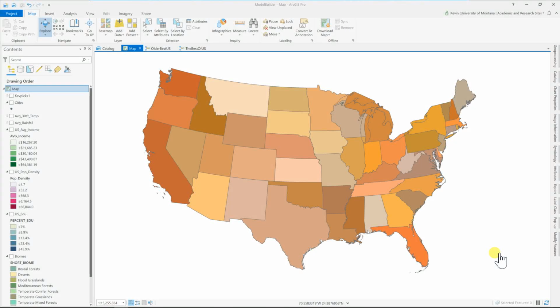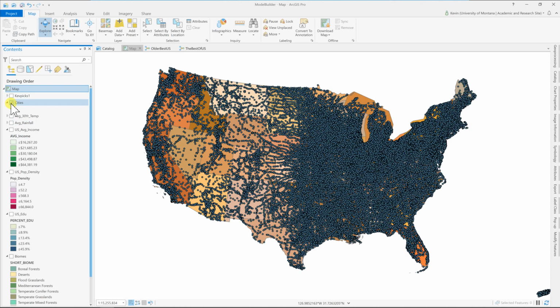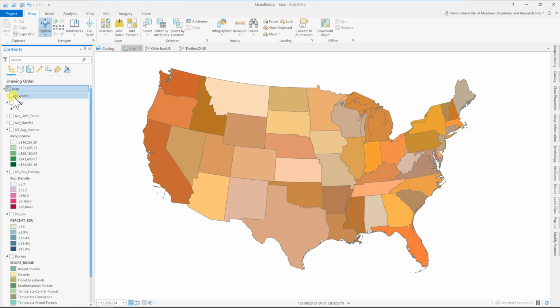Tonight we're going to be working in Model Builder in ArcGIS Pro. I have this little exercise where we try to figure out where the best places to live in the United States are. If you look at all the cities in the United States, it's kind of overwhelming. But I have a lot of students who are graduating, finishing up their degree, and they might be trying to figure out, where do I want to live? So the point is to reduce this mass down to just a few places that you might find interesting.